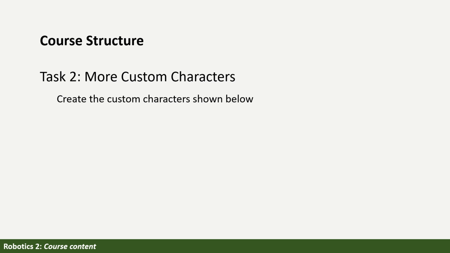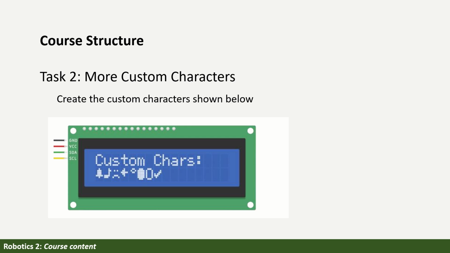Task number two, more custom characters. What custom characters are you going to do? So you will have to do the pixel art to create the bell, I think this is the music note, the sad face, an arrow to the left, a degree sign, a check sign. These are batteries, supposed to be: full battery, empty battery. But you can always modify it so it looks more like the iconography that you are more familiar with.